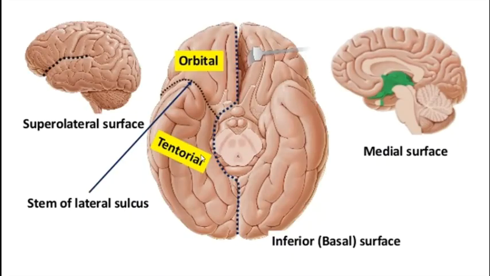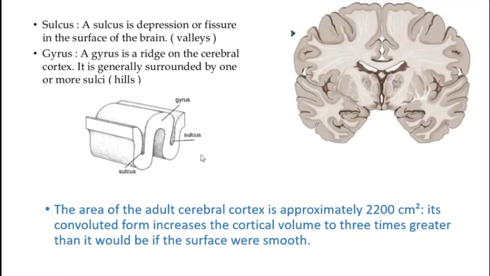Anyways, so now I've told you about surfaces, let's move ahead. Before we move ahead, just a simple definition of sulcus and gyrus. As you can see, this is the folding of the grey matter, which is a collection of the cell bodies and the neuroglia. A sulcus is a depression or a fissure and a gyrus is a ridge of the cerebral cortex. As it is folding, some will be the upturns, some will be the downturns. So these are the sulci and these are the gyri.